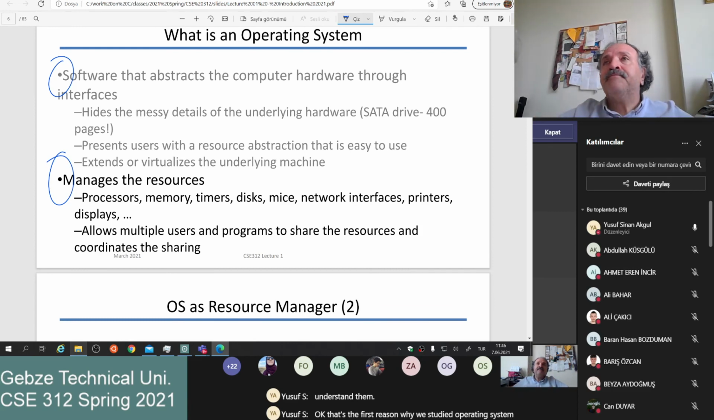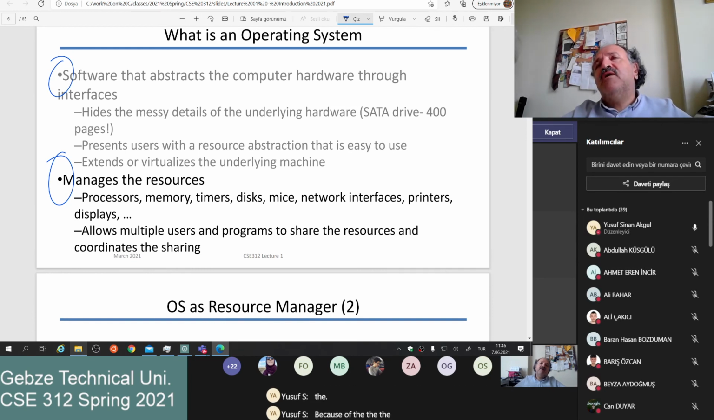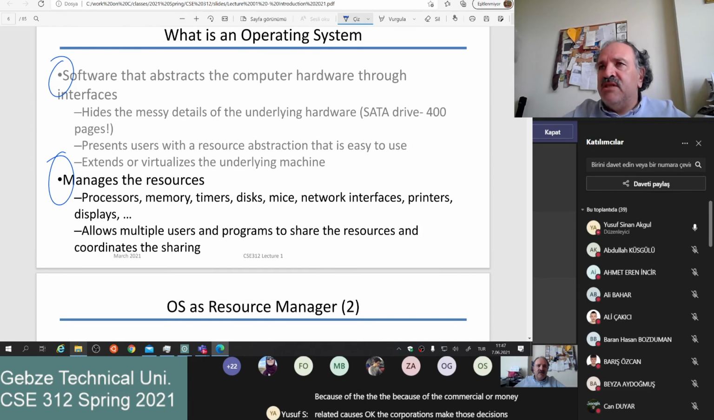The second reason is we need to know about the history of computer science so that we know why people made those decisions. Sometimes those decisions are not very logical or very wise. Sometimes they were made because of commercial or money-related causes. The corporations make those decisions and they are not perfectly good decisions in terms of computer science or computer engineering, but they are done. So we need to understand how things happened